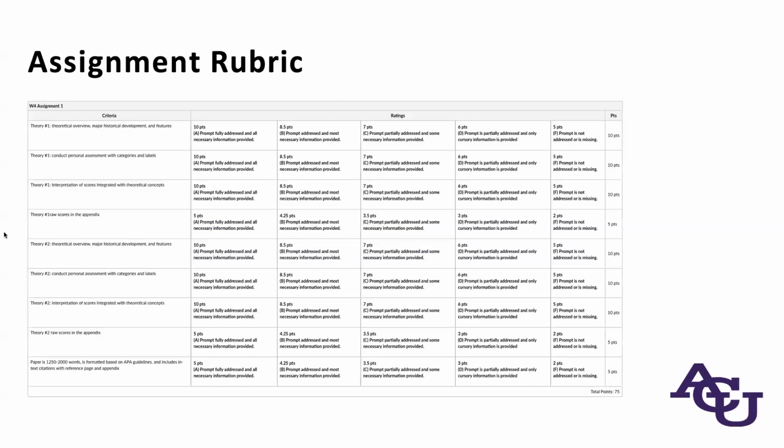We have down here specified 1,250 to 2,000 words. So in APA style, a double spaced page with 1-inch margins all around is going to be around 250 words. So we are talking roughly 5 to 8 pages of content, which is good to know so that you're planning on the appropriate level of detail here.